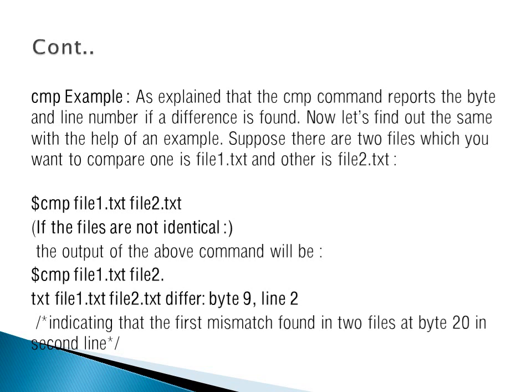On clicking the enter button, we will come to know the result that file1.txt and file2.txt differ. That means there is some difference in the files, and it also shows the location or the pointer where the line or the character or the byte is different. Here it shows byte 9 of line 2, which shows us that the two files are not identical, or they are not the same.